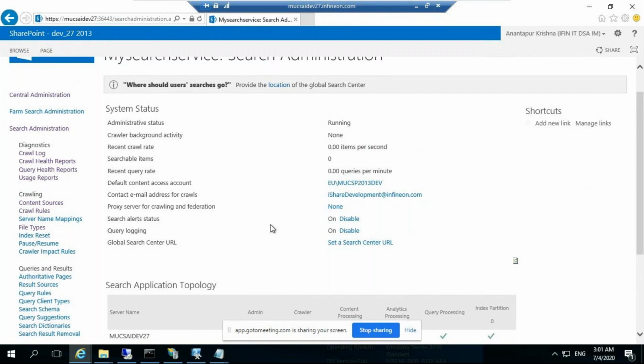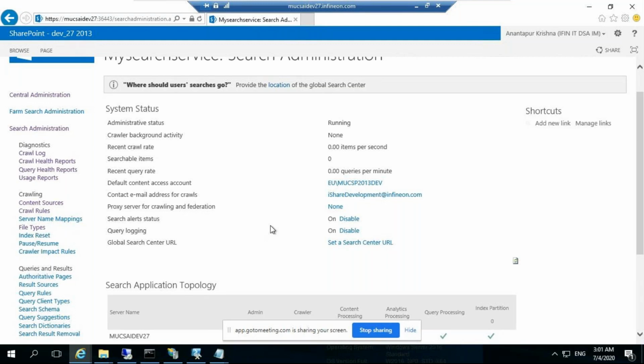Once we run the crawl, the new documents or items added are maintained as a separate table, showing what is new content and what is old content. That is maintained in the crawler.